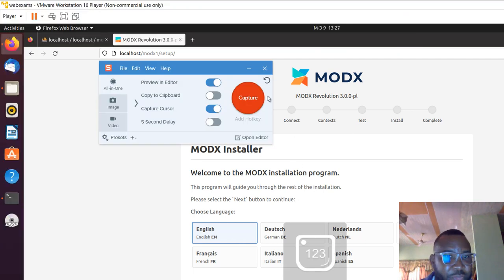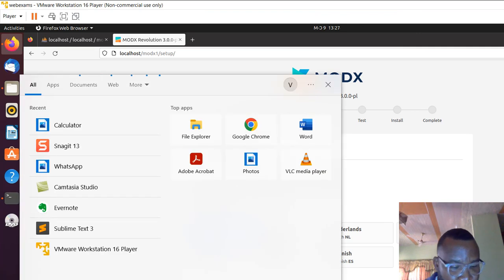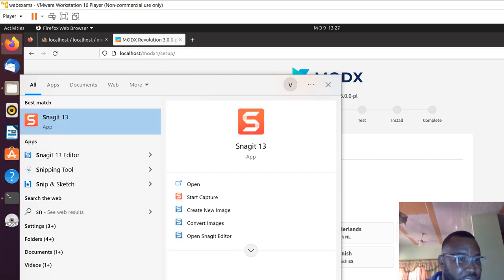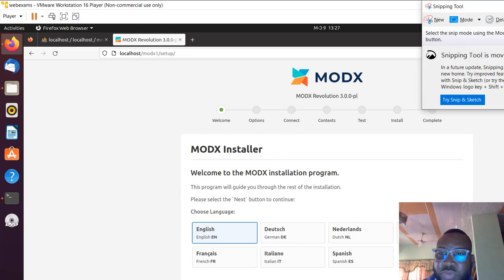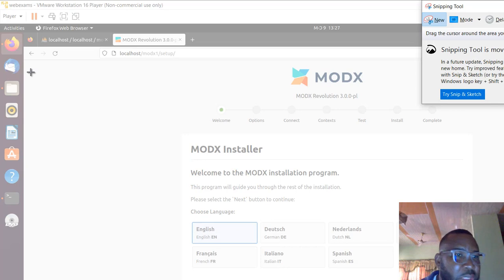But I think most of you might not have this on the machine, so you use what do you call that, the snipping tool, right? Snipping tool, yeah. So use the snipping tool, click on new, and then